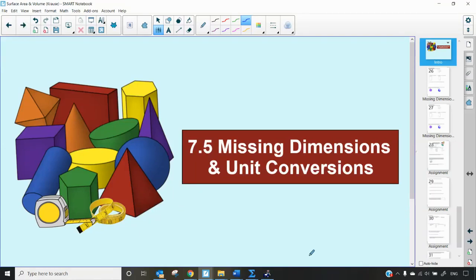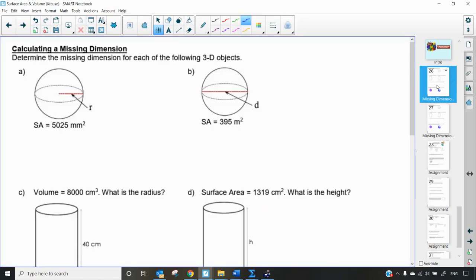Welcome back, guys. Now in this lesson, we're going to be taking a look at missing dimensions, and we're going to just do a quick review of unit conversions. All right, so when we're looking for the missing dimension, essentially we're doing the exact same thing we've been doing before. Look at the object, figure out the formula that we need, and then we just do algebra to solve